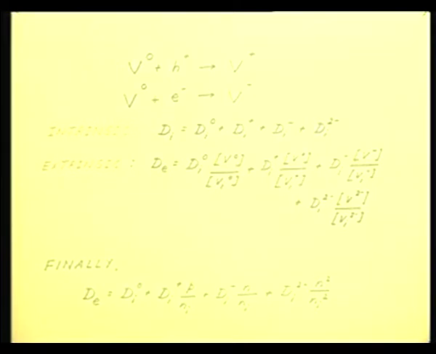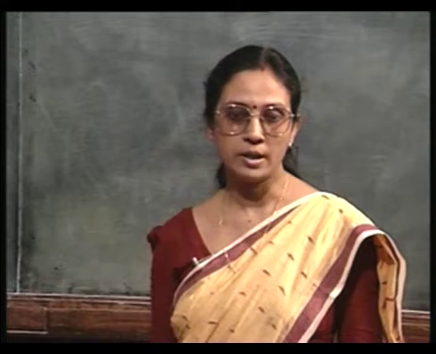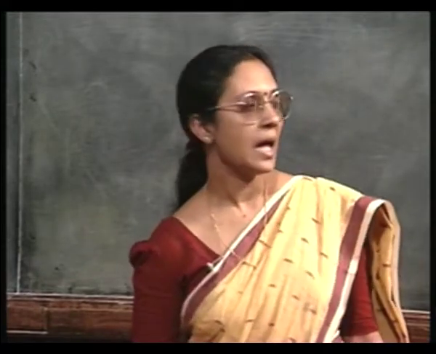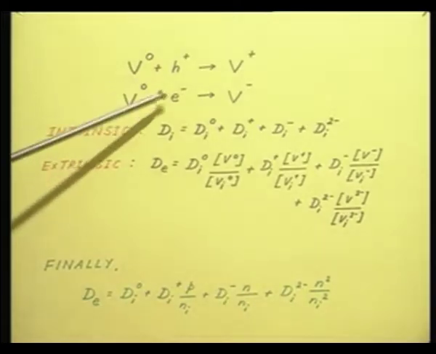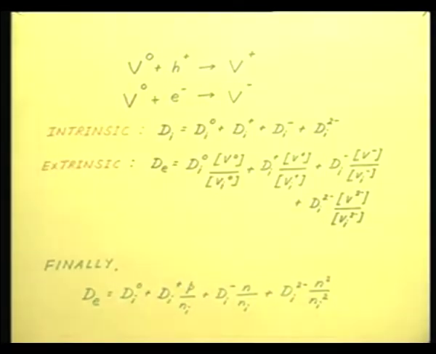These neutral vacancies can act as a hole trap or as an electron trap, that is, it can accept a hole or it can accept an electron. And if it accepts a hole, then it becomes a positively charged vacancy. If it accepts an electron, then it becomes a negatively charged